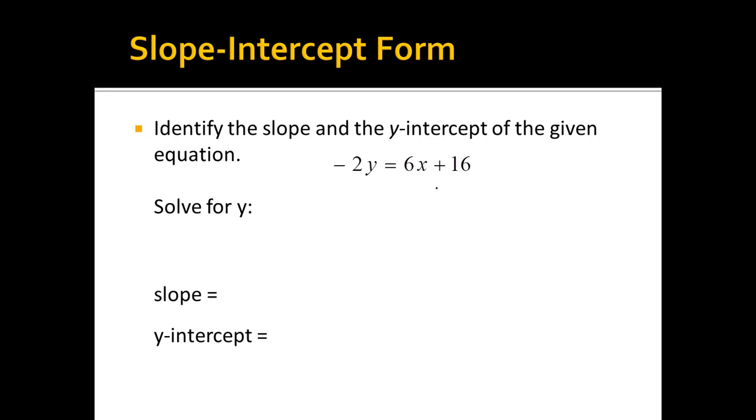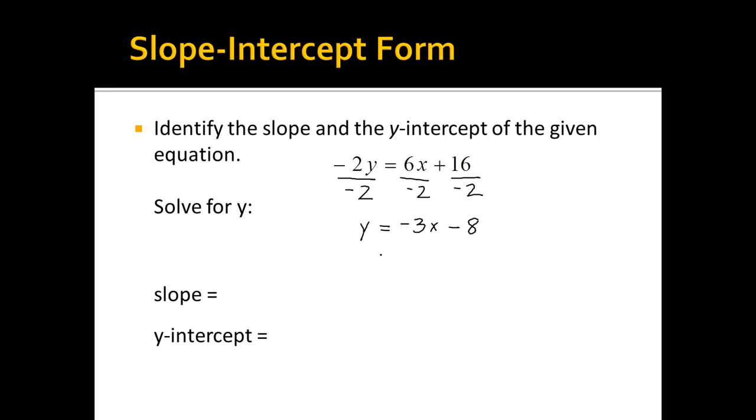In this equation, again, we're identifying the slope and the y-intercept, but now we do have to do something to get this equation in y equals mx plus b form. We have to divide by the coefficient of this y. So we're going to divide all terms by negative 2. We're going to get positive 1y equals negative 3x minus 8,